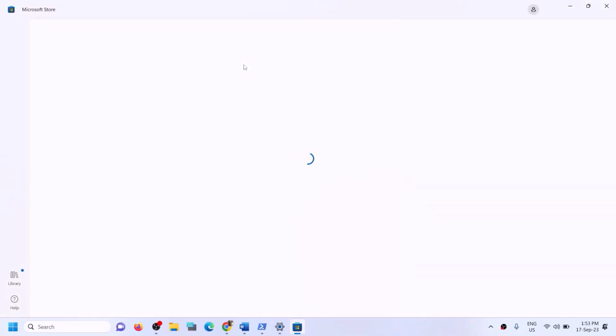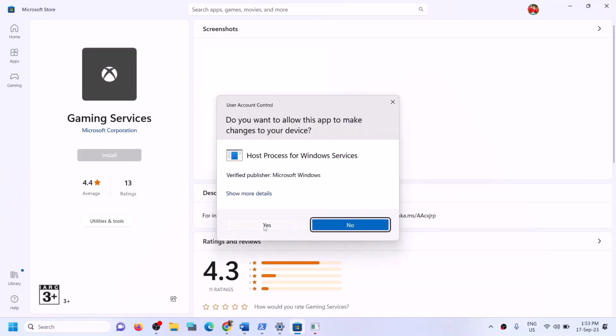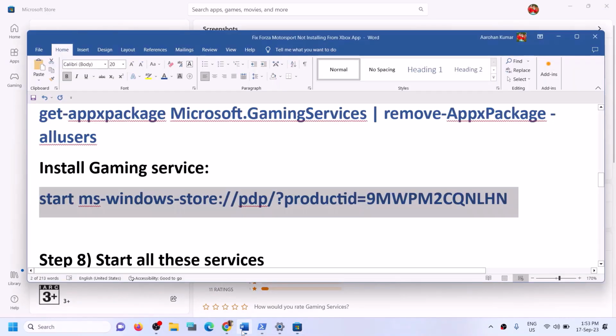And on Microsoft Store, you will see Gaming Services, and it will give you an option to install Gaming Services. So click on install, click on yes to allow, and let the download complete. Now, once Gaming Services is installed, you can try to install the game. Now, if you're still facing the problem,